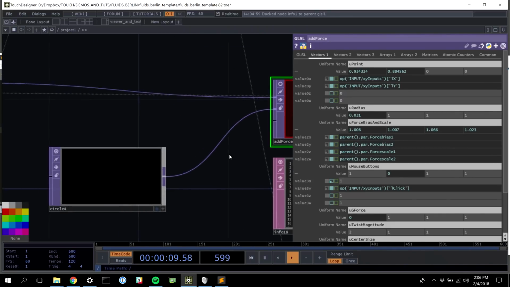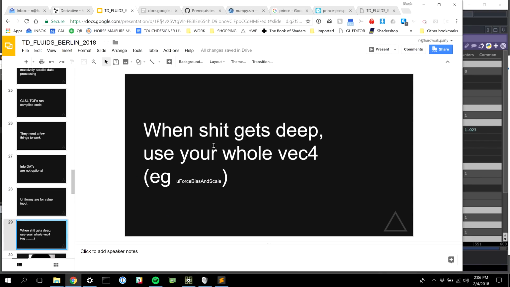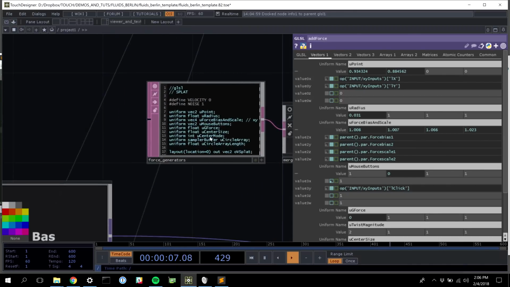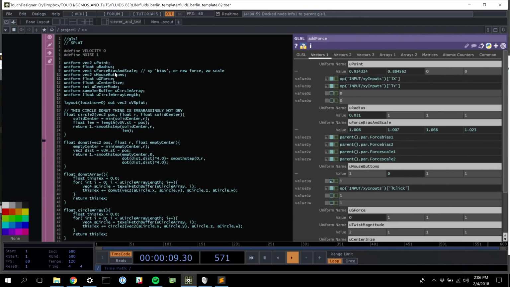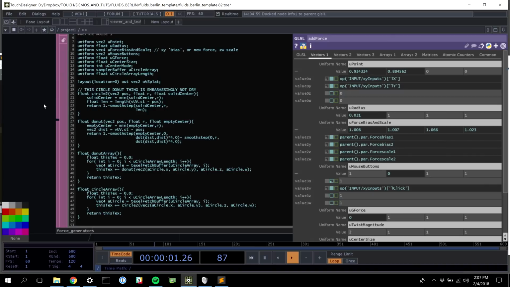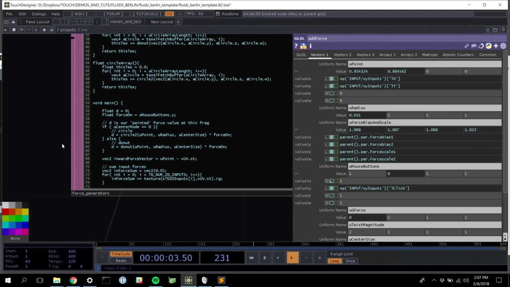So if I look into the code for this, all of my code actually lives in a single giant place. But U force, bias, and scale, I've made myself a note here. The XY bias and an XY for a new force are stored in the XY and the ZW, or the RG and BA, or however you want to swizzle that. And then when I go into my code down here, I'm going to unpack those to be the appropriate things, which I'm trying to find here. Maybe I recorded them in one of these